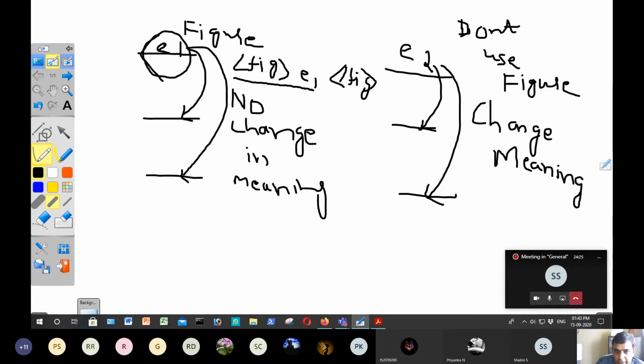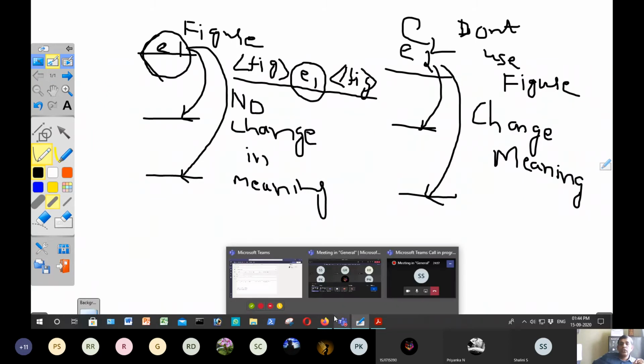So any web crawler, when they see the figure tag, will come to know that if we place the element at a different location in the document, the meaning doesn't change. Now, if I want to use E2, never use E2 within figure, since E2 is not a figure element. Search engines will come to know while indexing that if the element is moved to a different location, the meaning of the element will change. This is the point you are supposed to note.